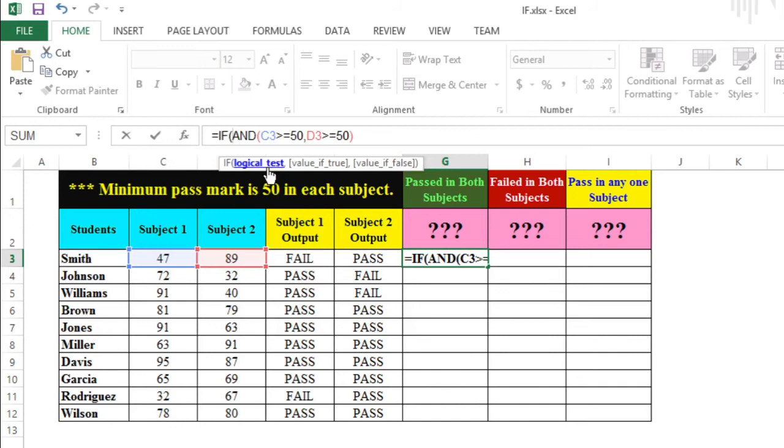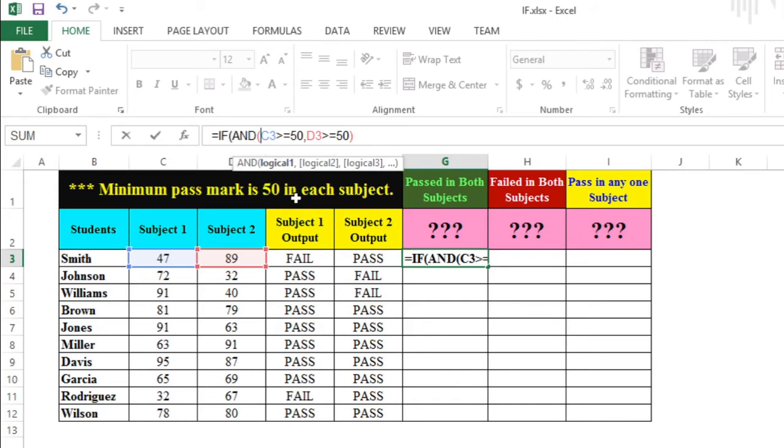If you move your cursor to the right using the right arrow key, you will notice that after the opening bracket of AND function, the function information text changed and it is showing the AND function's logical argument. We are now in AND function. Move to the end of the arguments.